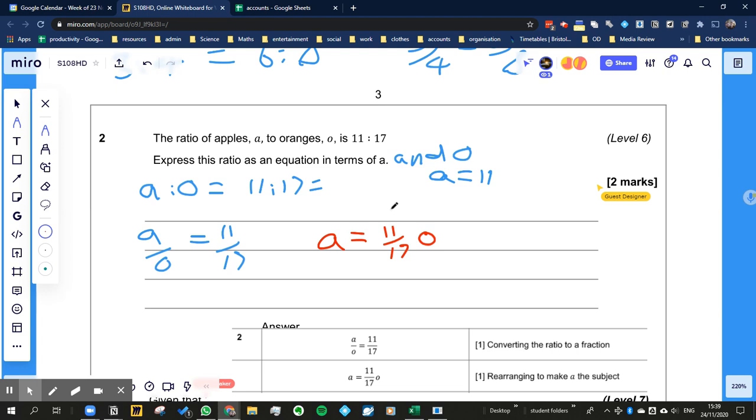As I say, if the question was express this ratio in terms of A and O, then that would be a lot easier. But I don't think the question is worded very well. So that's probably one of the reasons why you're going to find that difficult. Does that sort of make